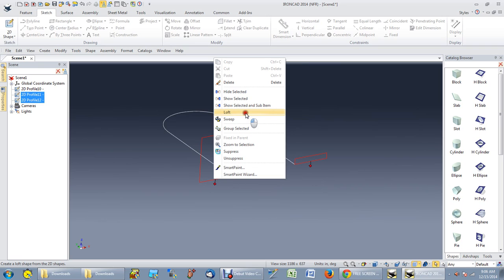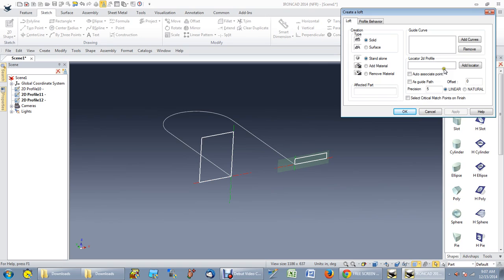Another dialog box comes up. This time we want to add a locator, which is going to be our 2D profile, and that's going to be that path, and we're going to use that locator as a guide path. So then we click on as guide path, we have our locator, and our two profiles were already selected. So now when we click OK,